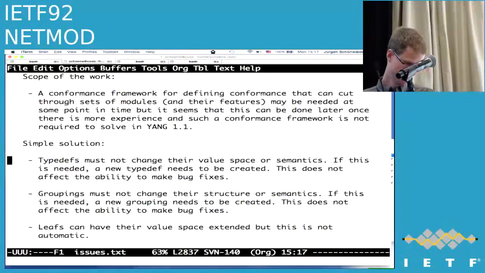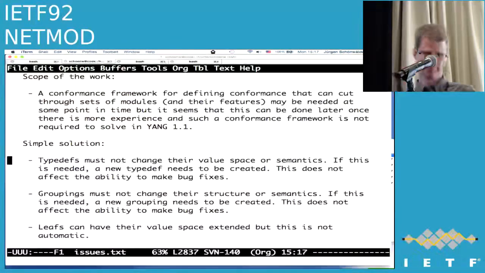In my opinion, the problem with groupings and type defs specifically is that the import statement is used for several different cases. Apart from groupings and type defs, it's also used in a different way for augments. And maybe if we can clarify and separate these two cases, we can come up with a solution that could be good for groupings and type defs, even though they may change